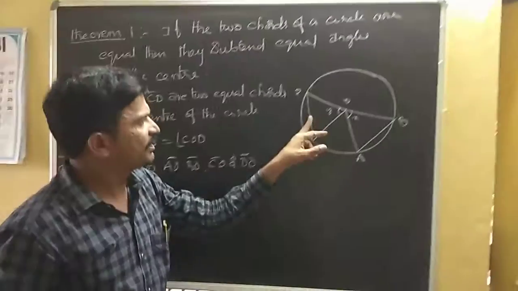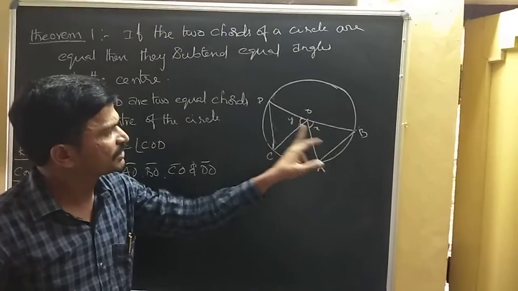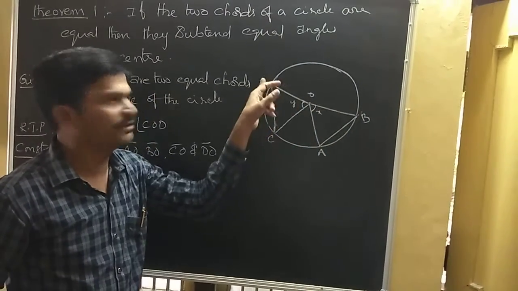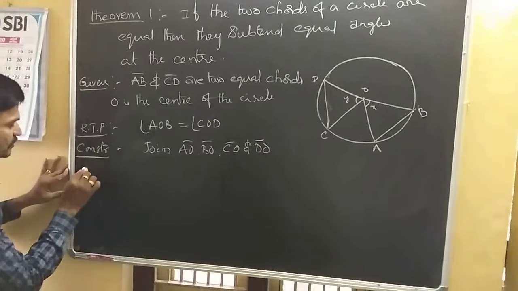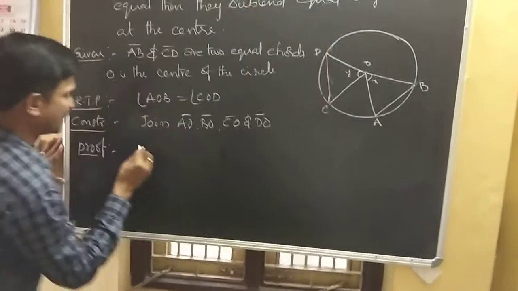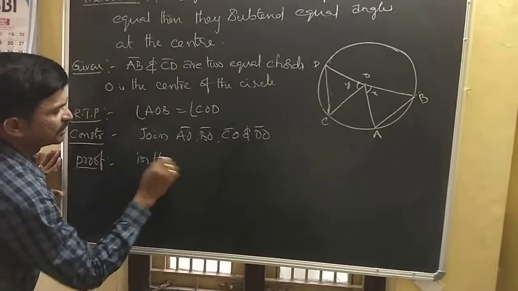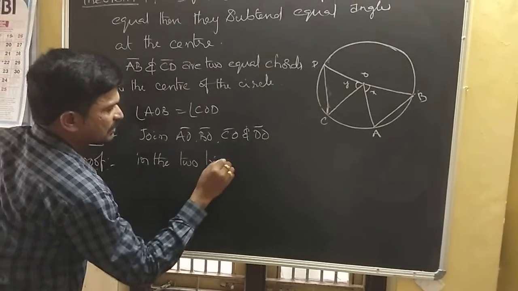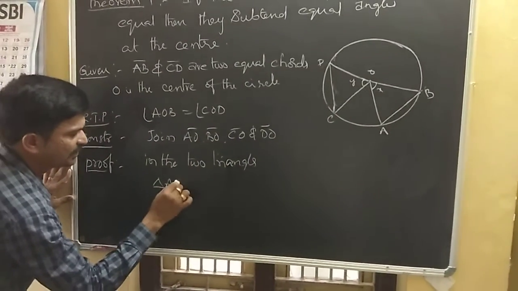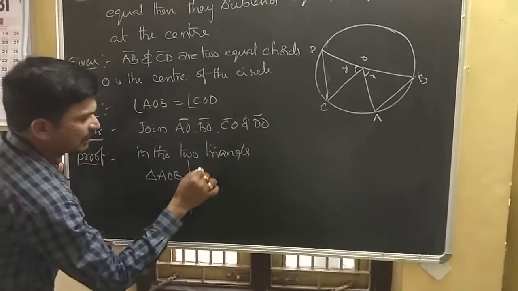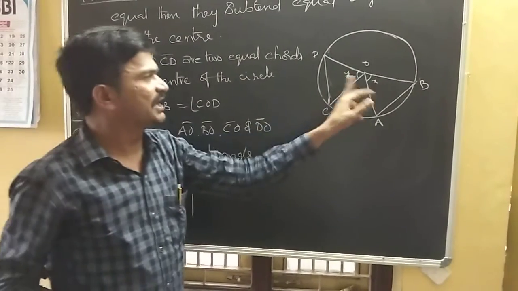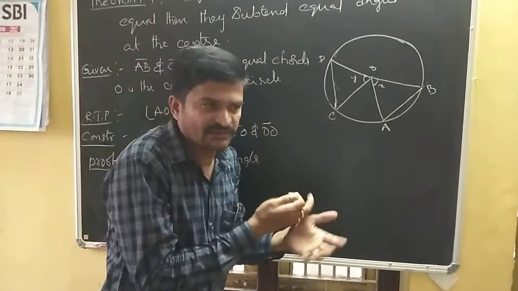Isn't it? Now clearly we are seeing here the two triangles. Now, what are the two triangles? Can you name them? A, O, B and C, O, D. These are the two triangles. Now see, whenever you are proving that, let us consider these two triangles now. In the two triangles, what are the triangles here we have? Triangle AOB and triangle COD. Isn't it? Now, in these two triangles, can you observe any lengths are equal, anything are equal?